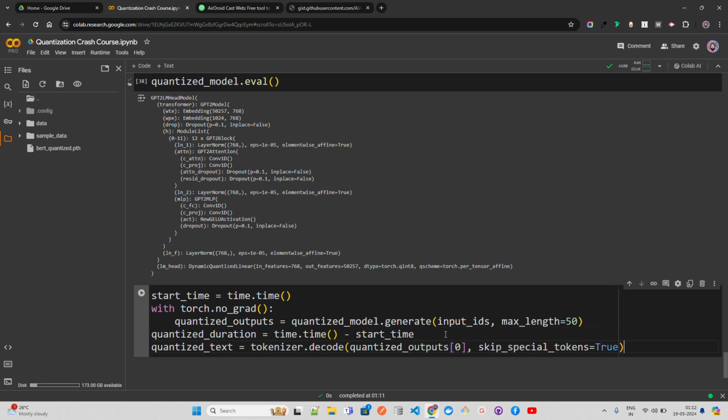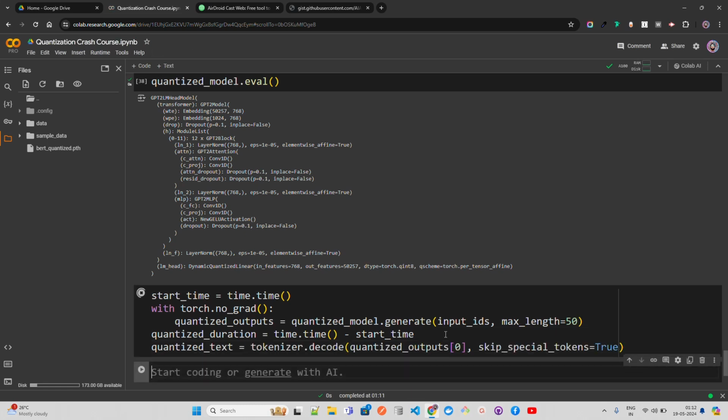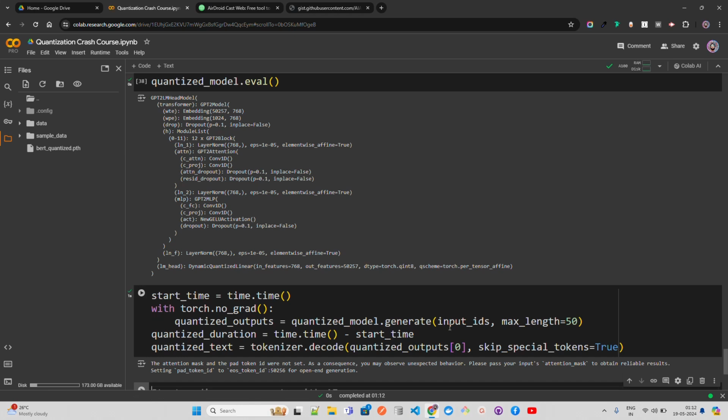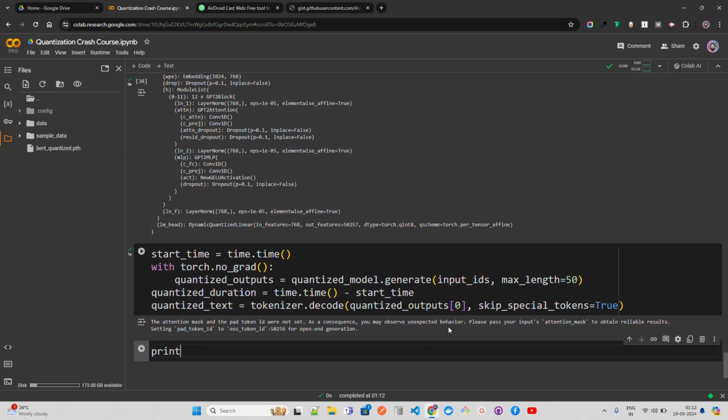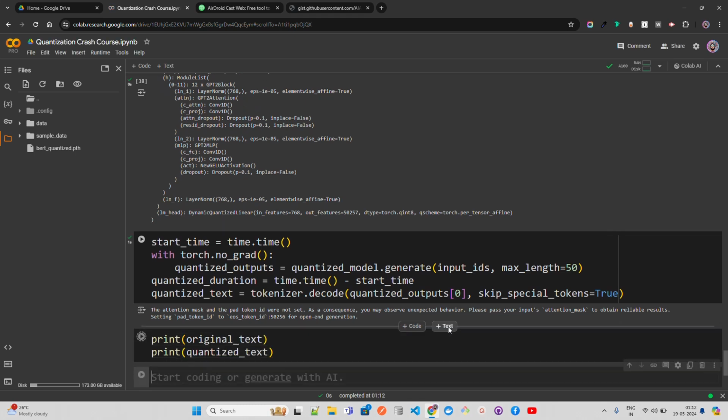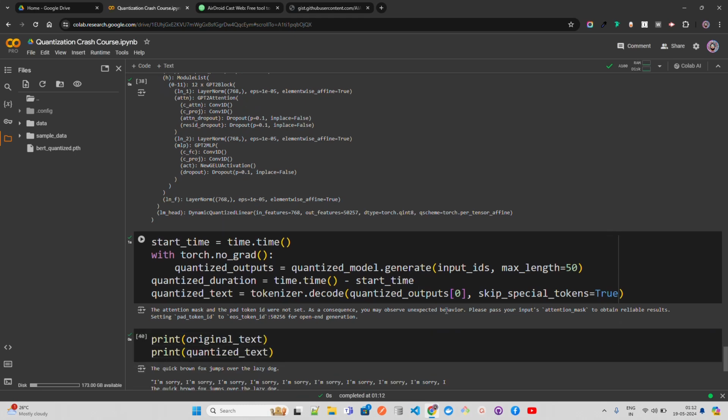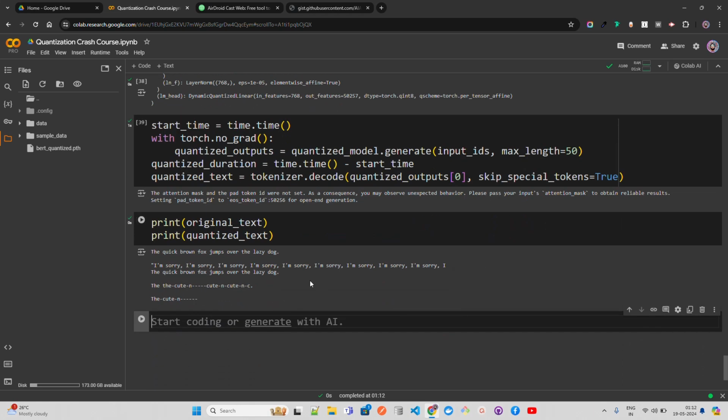Then quantized text is tokenizer.decode quantized outputs, and you can print the original as well. So let's print original text and print quantized text. Okay, it's generating something garbage, but it is fine. This is what it does. Now you can see GPT-2.